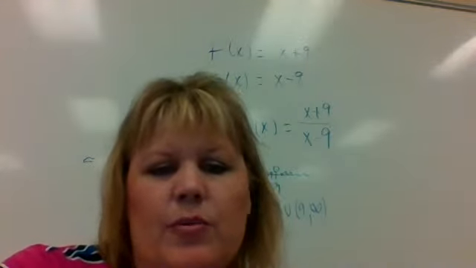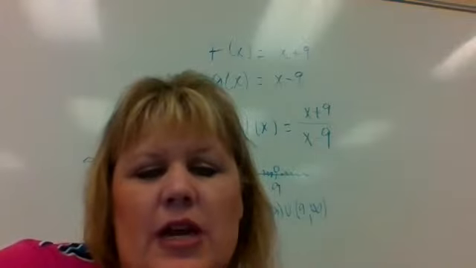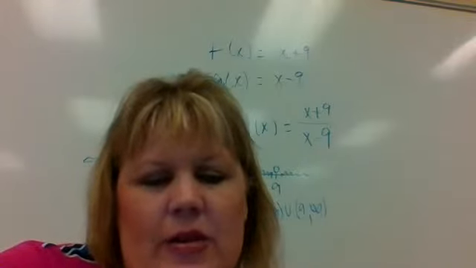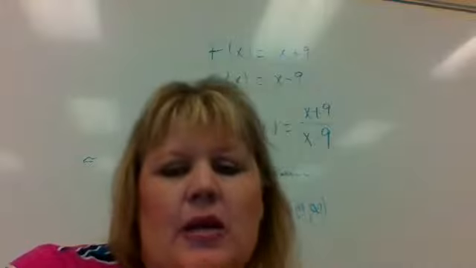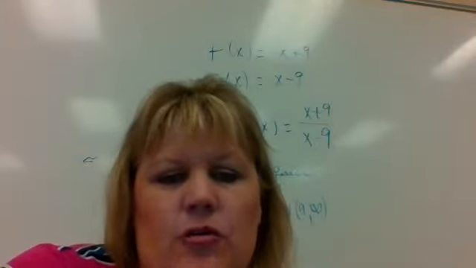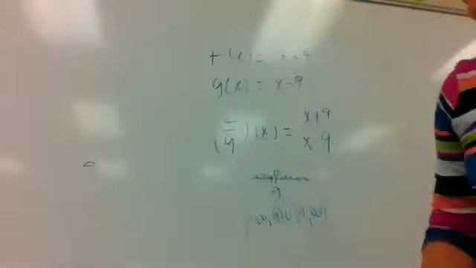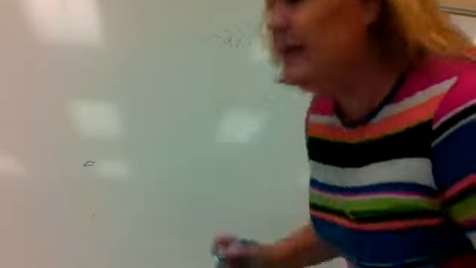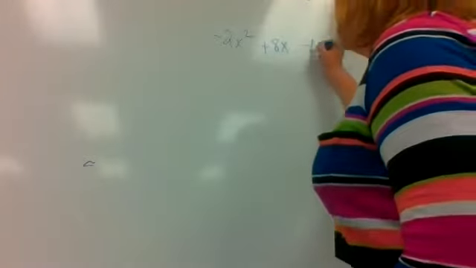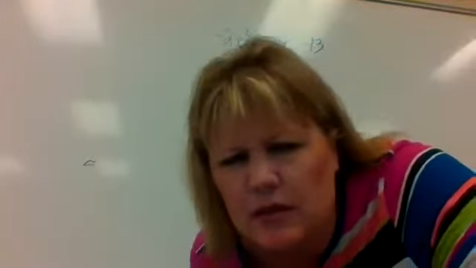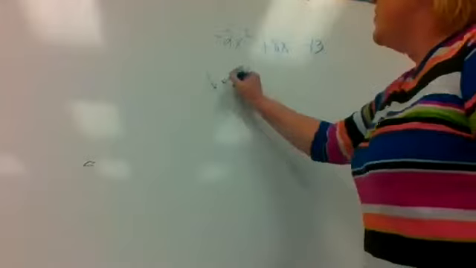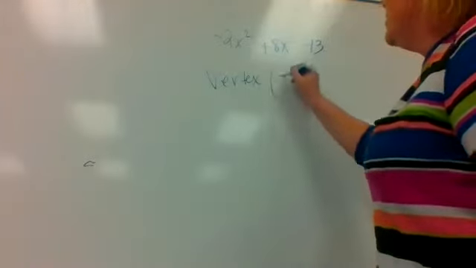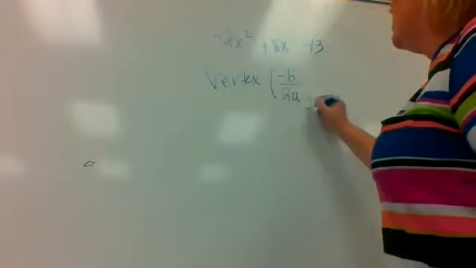Graph the following parabola. Give the vertex, the axis, the domain, and the range. Okay. In order to graph this, let me write it on the board. Negative 2x squared plus 8x minus 13. In order to find the vertex, you want to use the formula negative b over 2a